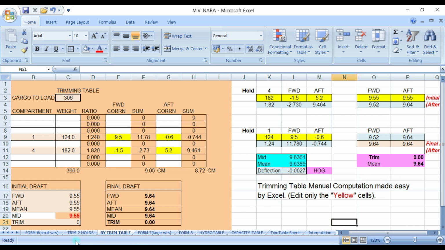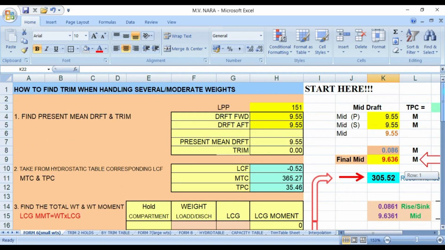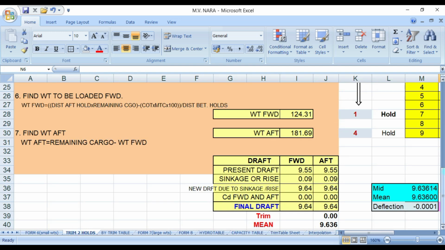So that's it, guys. I just want you to have an idea of how good this program is. So from this program, Form 6, you will also have a program of trimming 2 holes.